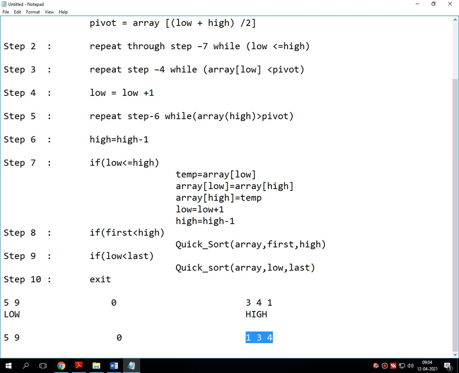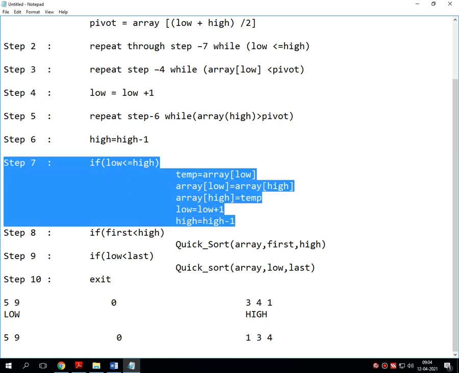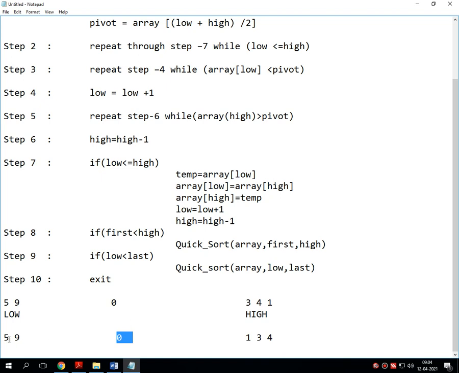Ultimately, this decision making statement looks after the pivot element, right hand side and left hand side. All the lists should be sorted. Once it is done, it shifts the left hand side value over the right hand side value, and ultimately whenever we are merging the pivot element, that means we are setting the pivot element as the first element, the entire list gets sorted, that is 0, 1, 3, 4, 5 and 9.